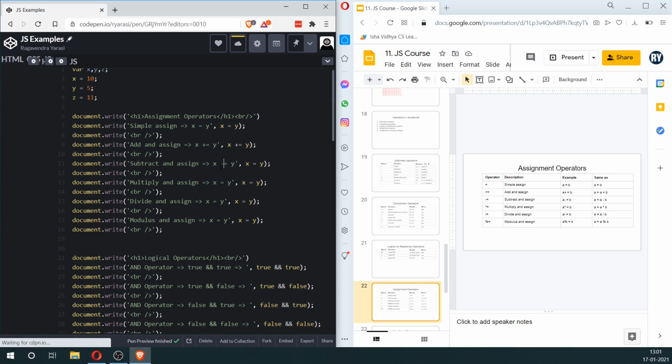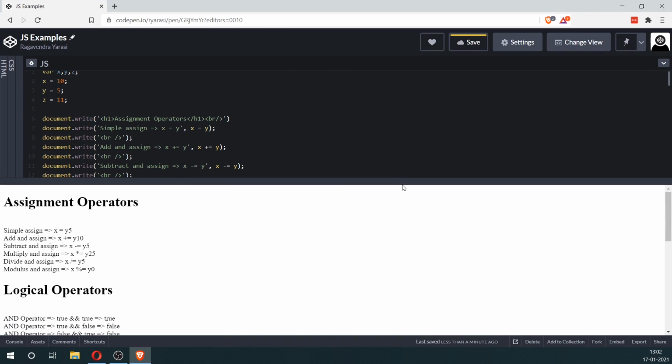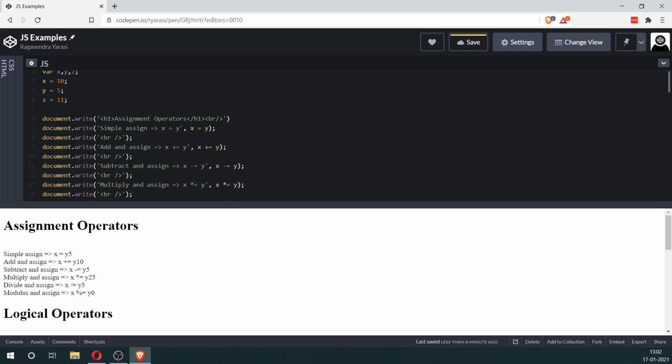So again here will be -=, *=, /=, and here we'll say %=. Okay, so we've written everything down. Now let's expand this and look at the preview. Let's also introduce the equal to here.